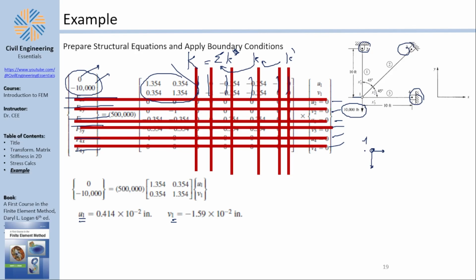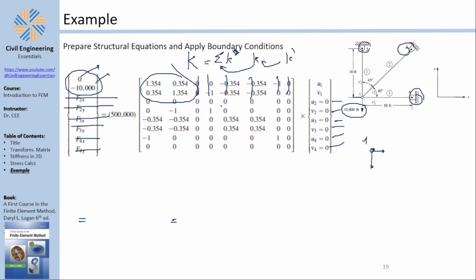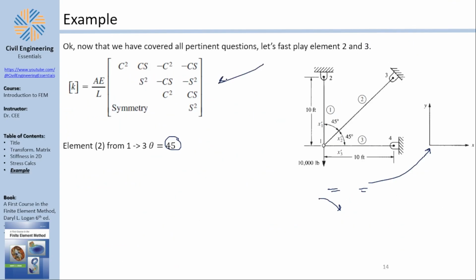The second part was he wanted to find the stiffness in each element. Now I'm going to once again slow play it and then fast play it. The slow playing method is you want sigma, right? So to get sigma in an element, you need the local force in the element. How can you find the local force in the element? You need the local stiffness matrix and multiply by the local displacements. And that's the reason why I calculated this, why I slow played it. I have not gone into Daryl and Logan's method of just using one piece like this. No, I actually slow played it